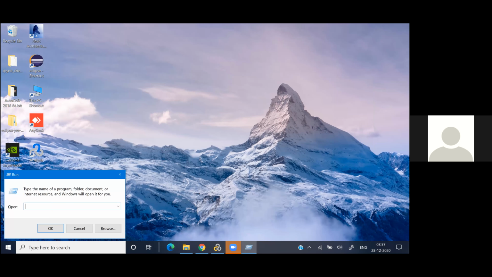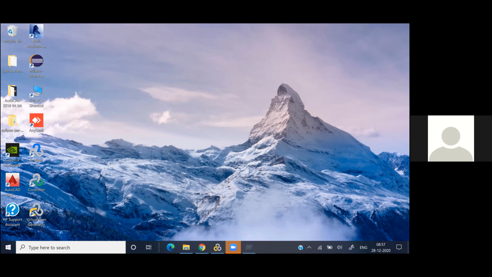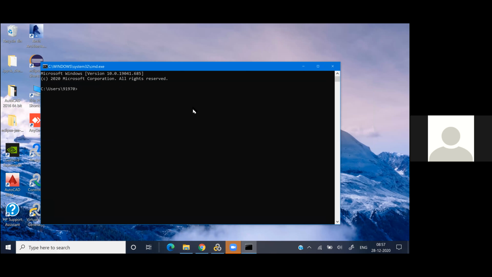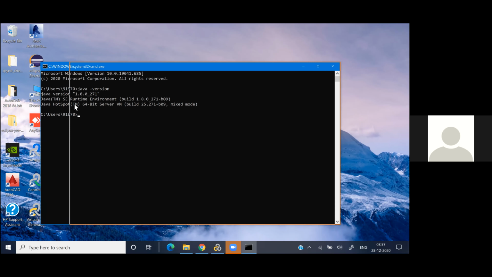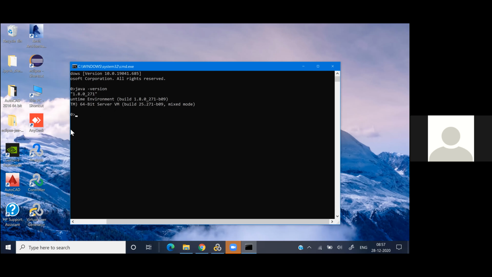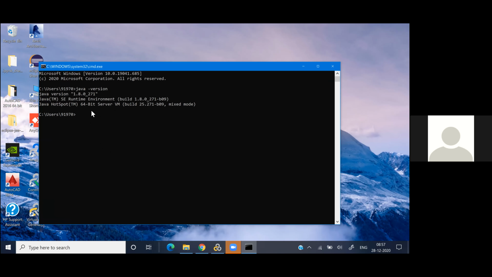Now if you use the same command, java space -version, remember this command, guys. Now it is showing the Java version. That means you have Java installed on your machine: Java HotSpot 64-bit is installed on your machine.